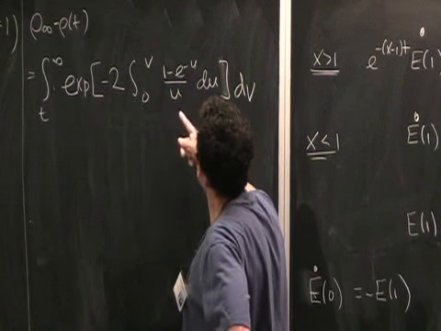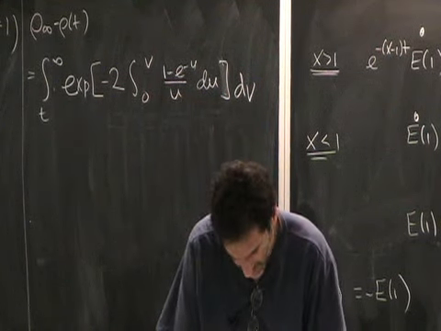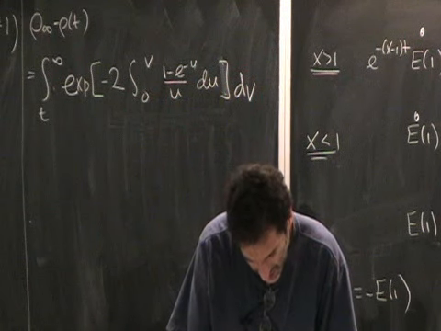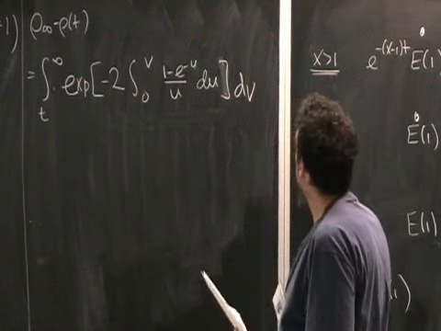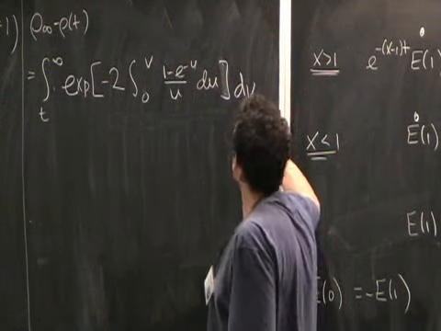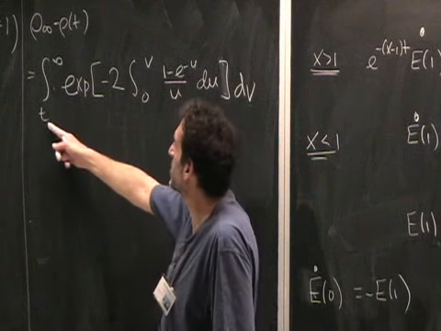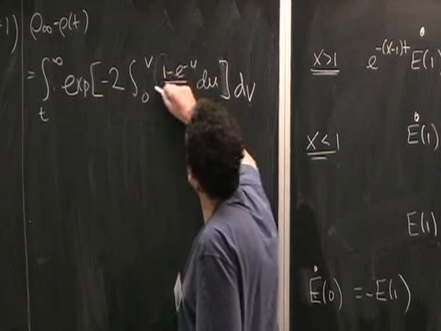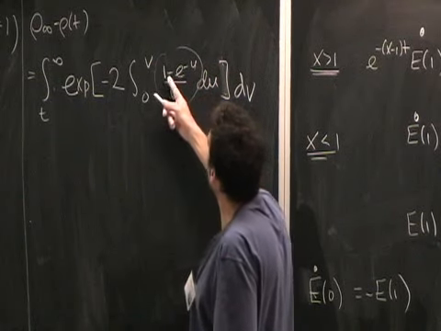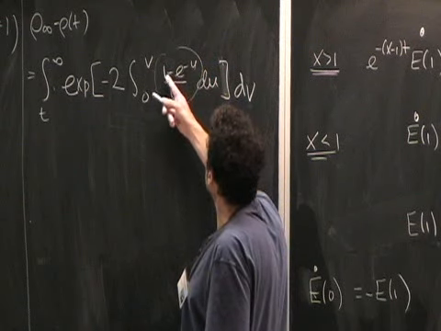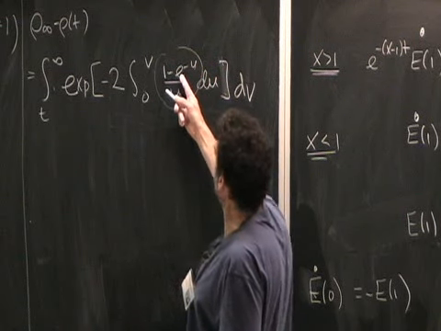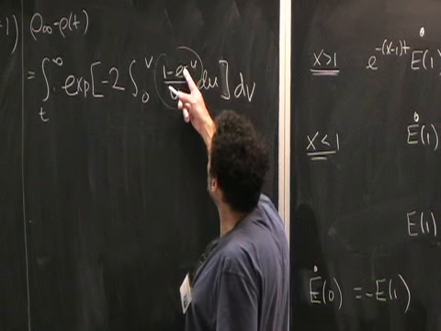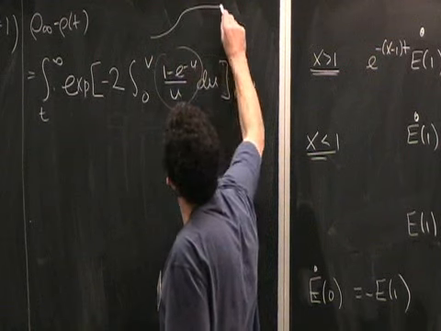so if t is large, sorry, did I make a mistake? Yeah, I want to say v is large. The point is, v is at least as big as t, so if t is large, this lower limit is large. And so what we're doing is integrating this function, but let's look at what this function is. Here we have 1 minus e to the minus u. So at 0, this function is 0. And then as u gets large, this goes away and it becomes 1. So this function is crossing over from 0 to 1.